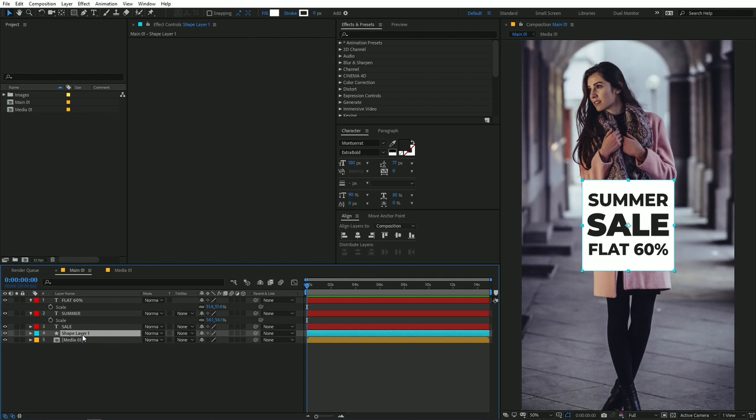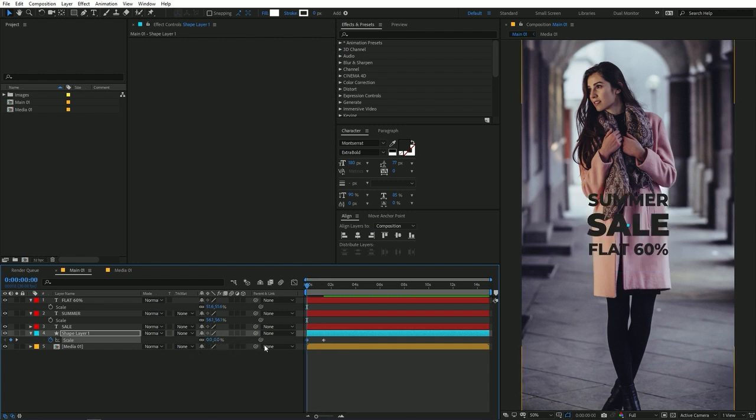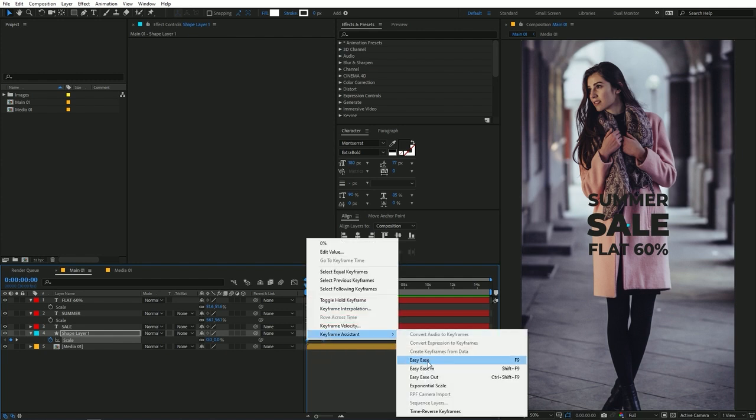shape layer, then press S on the keyboard to add a scale property and click on this stopwatch to add a keyframe. Then move the keyframe further apart somewhere around 1 second like this, and in the beginning we want the value to be 0. Now select both the keyframes. You can press F9 to easy ease them, or you can right click, go to keyframe assistant, then easy ease,